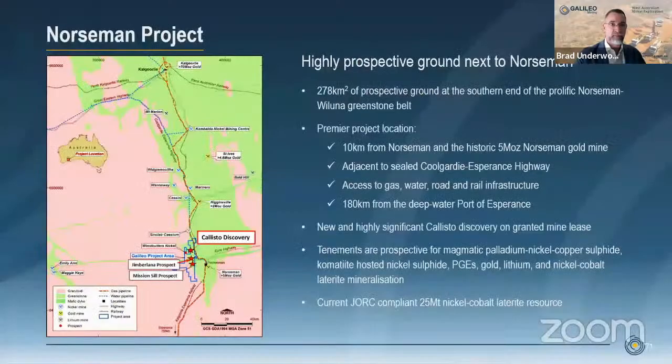And the next slide. This is a more detailed look at the region around Norseman. I mentioned the amount of infrastructure in the area. The tenements are also prospective for komatiite style nickel, for lithium. We've even had sniffs of pegmatites through the area, for gold, and for nickel, cobalt, laterite mineralization. What we are focused on at the moment is the palladium, platinum, gold, rhodium, nickel, copper mineralization associated with sulfides at the base of an ultramafic sill. So it's a very good prospect to be working. And if we go on to the next slide,